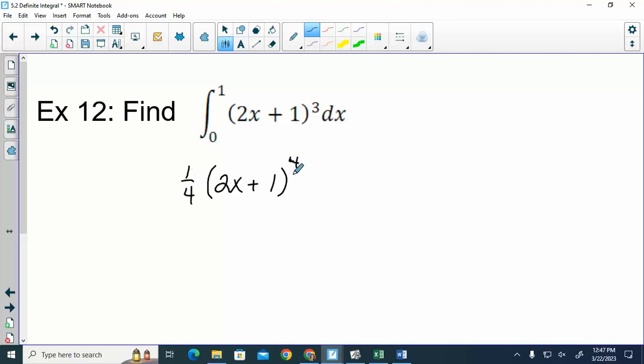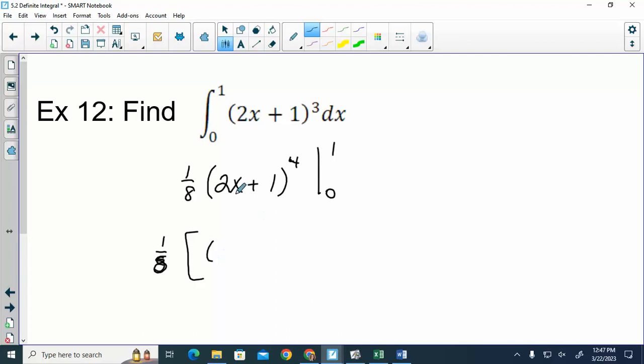Okay, now check. If you do this derivative, the 4 comes down, inside stays the same, subtract 1 from the power. But then I'd have to do chain rule. So times derivative of the inside, which would multiply it by 2. So what do I need to cancel that? A 1/2. So I need to actually have a 1/8 in front. Coefficients, you are welcome to factor those out